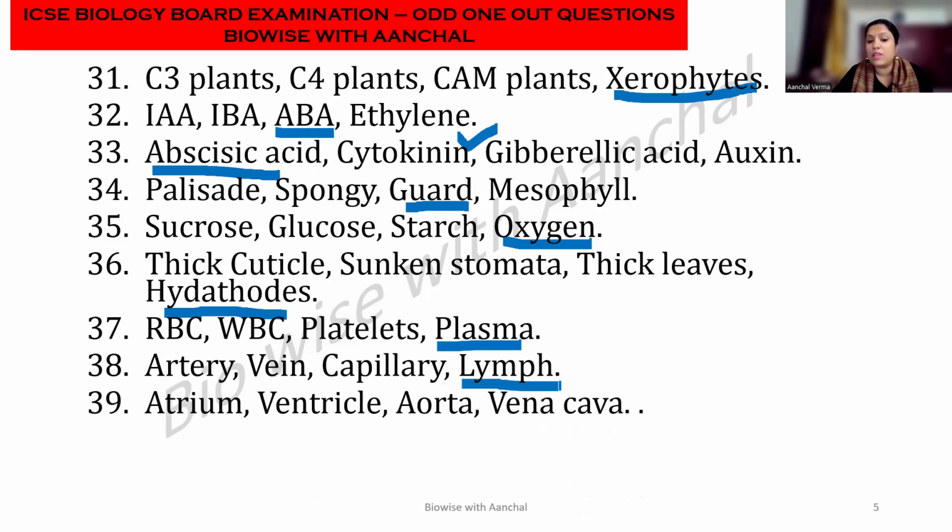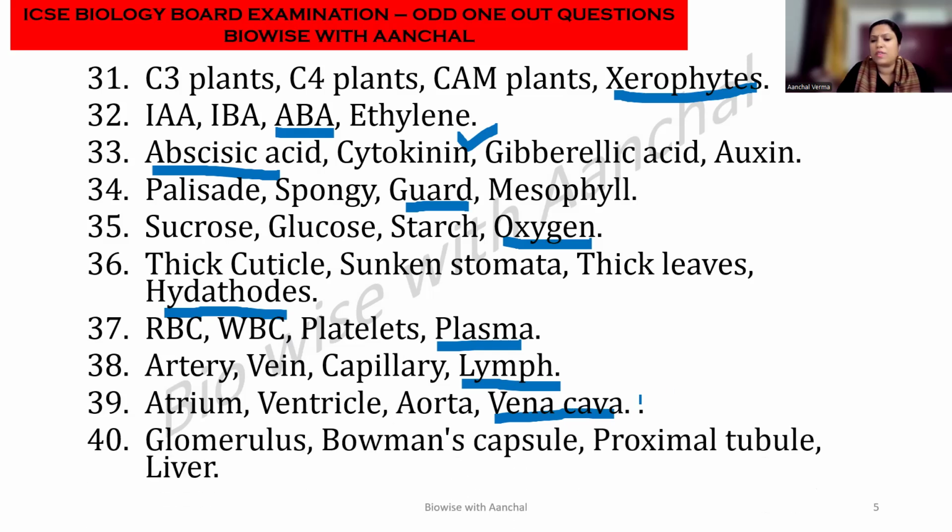Now here, atrium, ventricle, aorta, they are in the heart and originate in the heart. But vena cava runs into the heart. So though this is not a very good question to differentiate, at least you can say they are chambers of the heart and the aorta originates from the heart. They are the components of the heart. But vena cava empties into the heart. Okay.